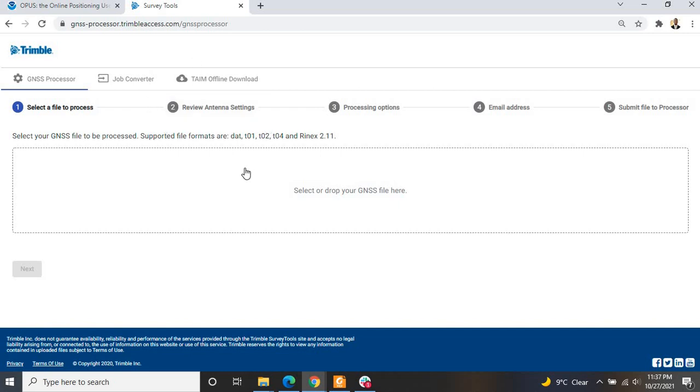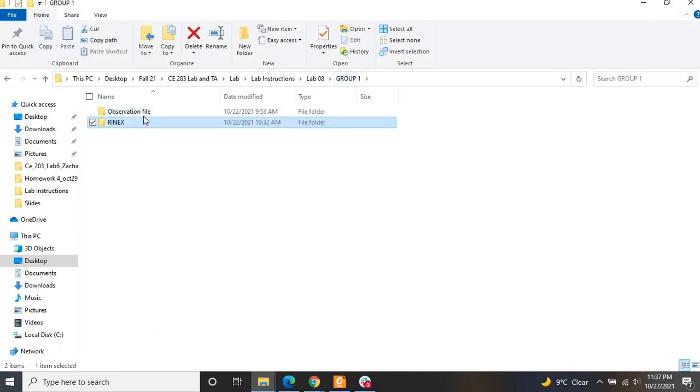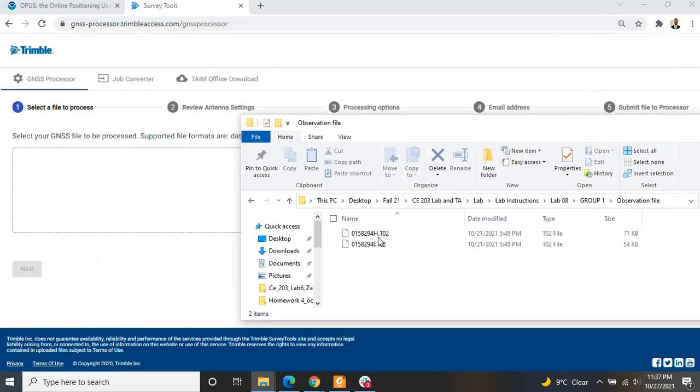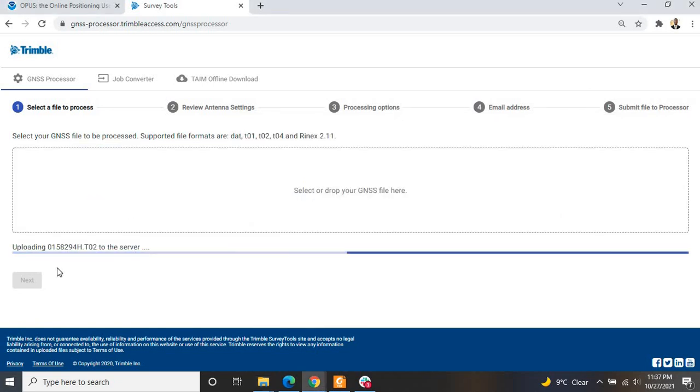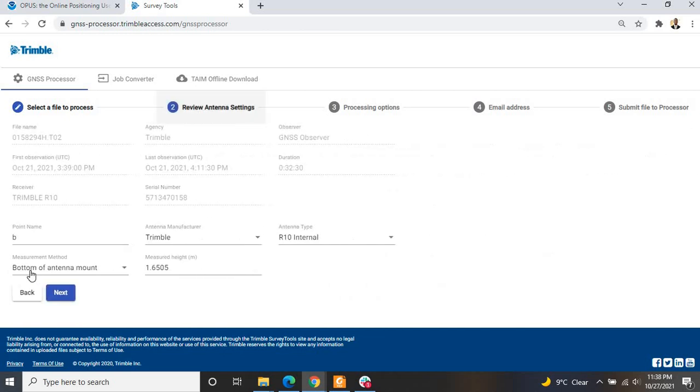That's why I sent two folders in the file I sent to you guys. Going to the folder here, there is the observation file. On this website, you make use of the observation file. So the observation file is this, right? You copy the observation file, pick one for each, and for instance, drag it and drop it here. You see it loads up. After loading, you will get some information about the file. You see, successfully uploaded. So you click on next.